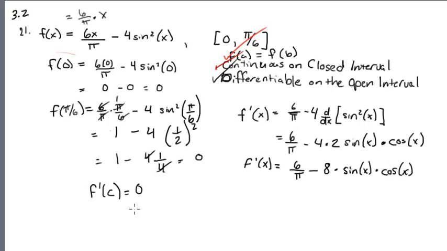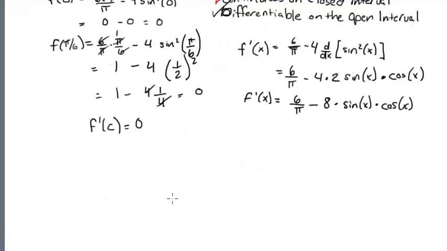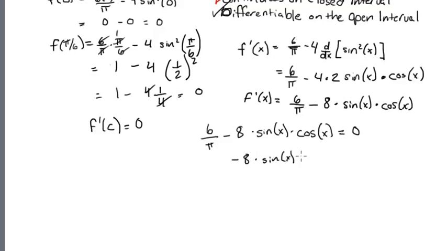So the book says that we need to continue and saunter on and find that value of c. So that means finding 6 over pi minus 8 times the sine of x times the cosine of x equal to 0. What values of x can I use? Alright, let's try it out. We will subtract 6 over pi on both sides. So I will get negative 8 times sine of x times cosine of x equals negative 6 over pi,